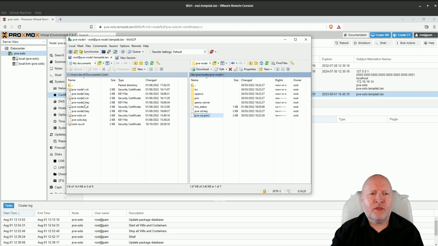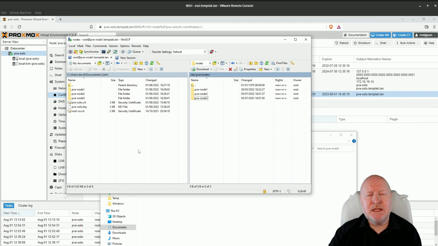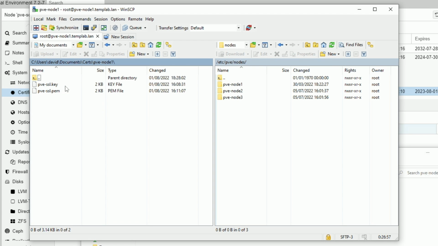So I'm going to shuffle things around over on the local computer so that we can then start transferring things across. Well, I've now sorted out the keys and certificates on the local computer. So I've got a separate folder, one for node 1, one for node 2, and one for node 3. So if we go into there, for example, we've now got a pve-ssl.key file and a